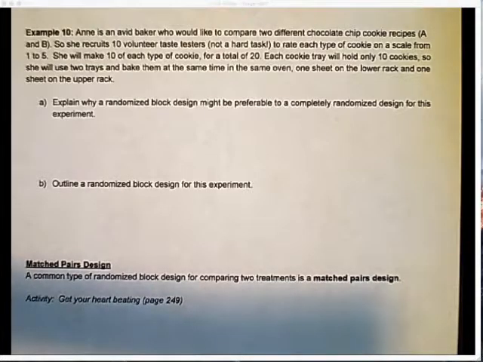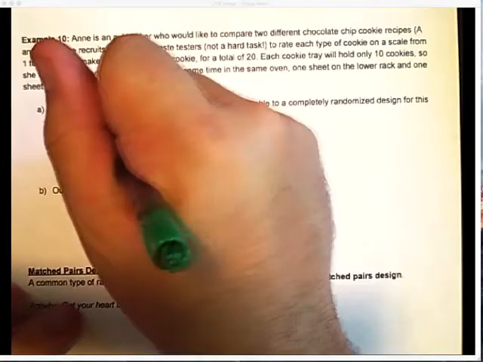Each cookie tray will hold only 10 cookies, so she will use 2 trays and bake them at the same time in the same oven, 1 sheet on the lower rack and 1 sheet on the upper rack. All right, part A. Explain why a randomized block design might be preferable to a completely randomized design. So if we get completely randomized,